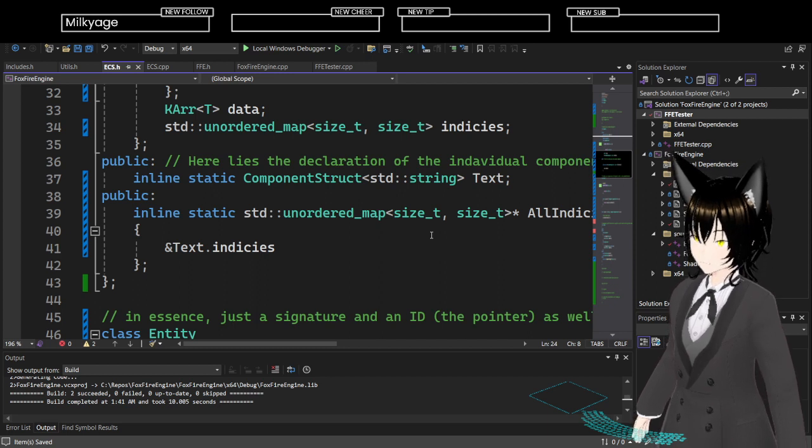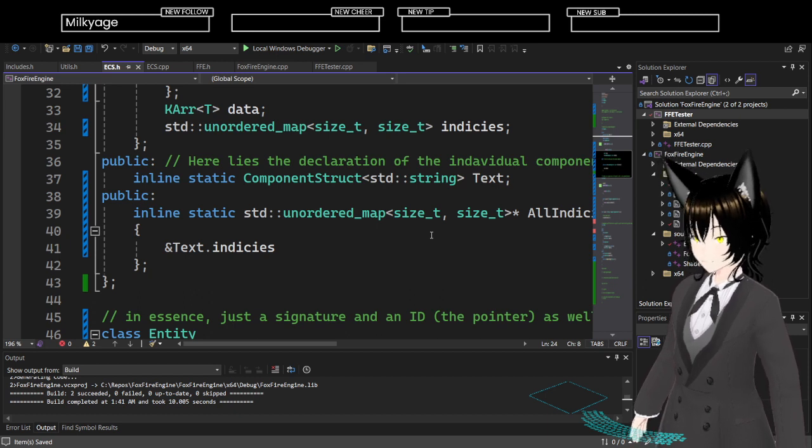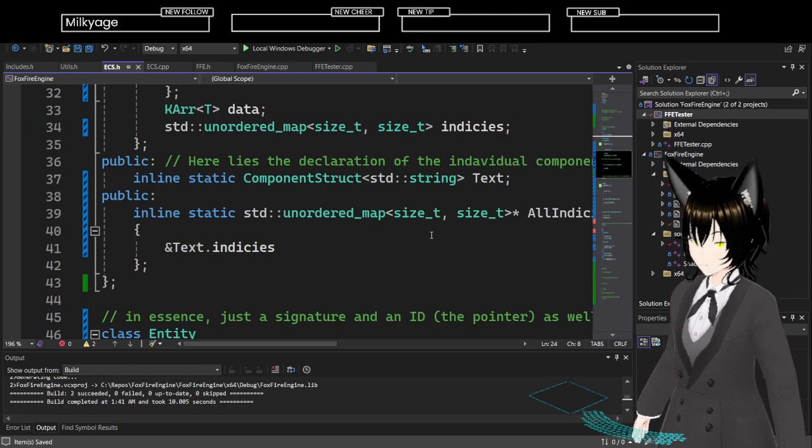I need them named. But I also need to be able to add stuff to it.